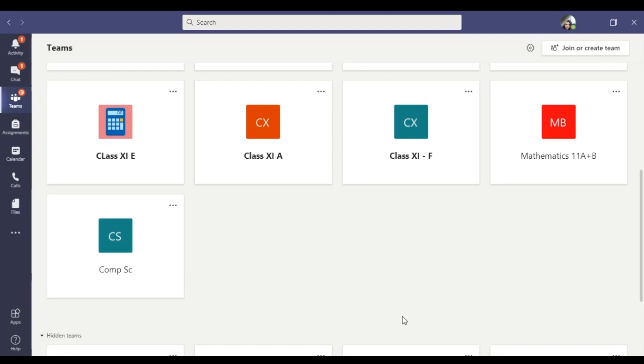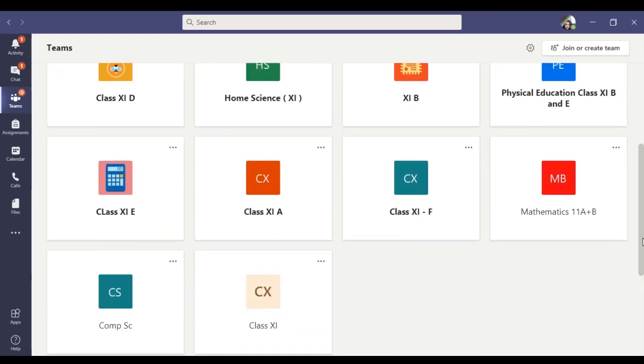Checking of assignments or examination papers on the online classroom pattern is really a challenging task. There's another option which I have found very convenient for checking the answer sheets or the homework and returning it to the students. I'm sharing that with you. For that, I need to set up a class notebook for my team. So the first part of this video is for setting up a class notebook for the team.